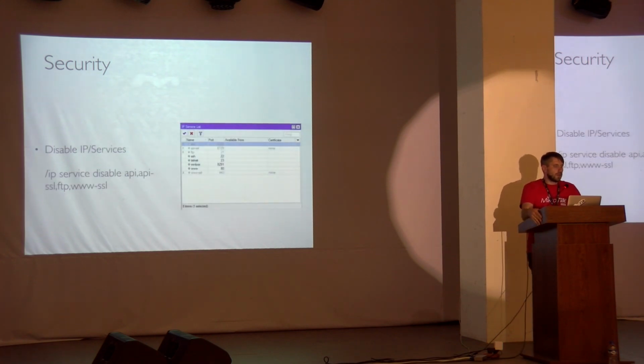The next step, how to secure your router, is checking all the services that are used by a router. Not all, but most of the services that are enabled on routers are located in IP service list. And what we are suggesting for sure is to disable telnet.